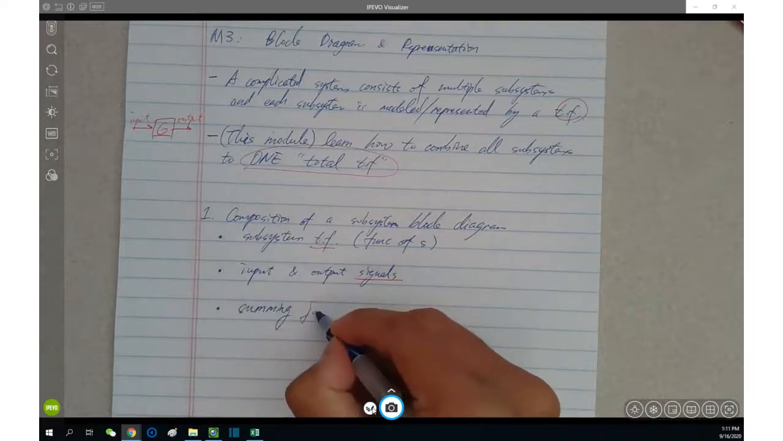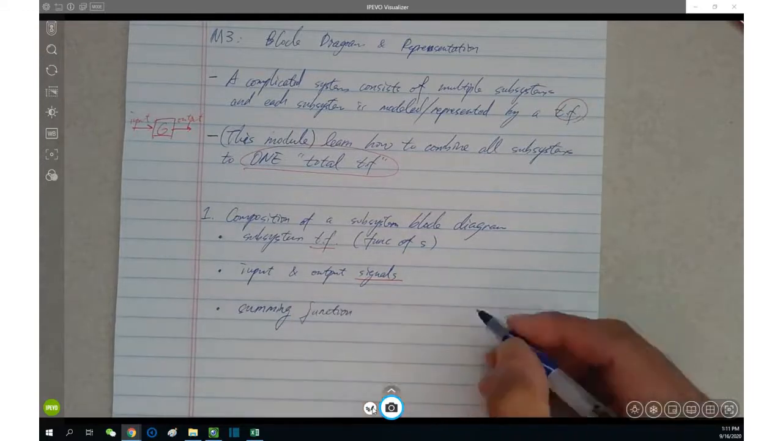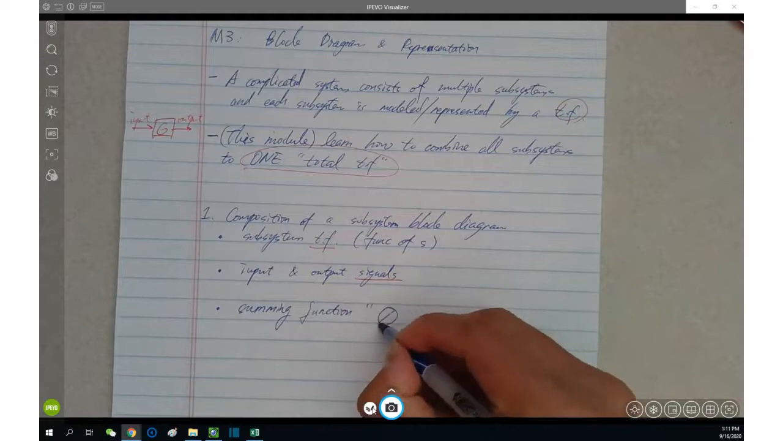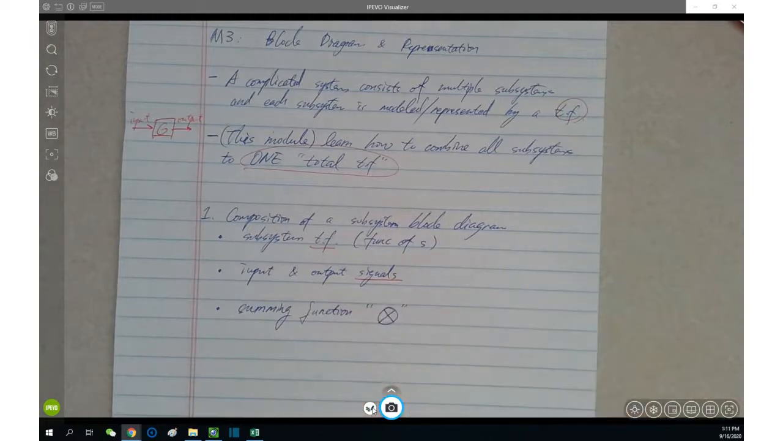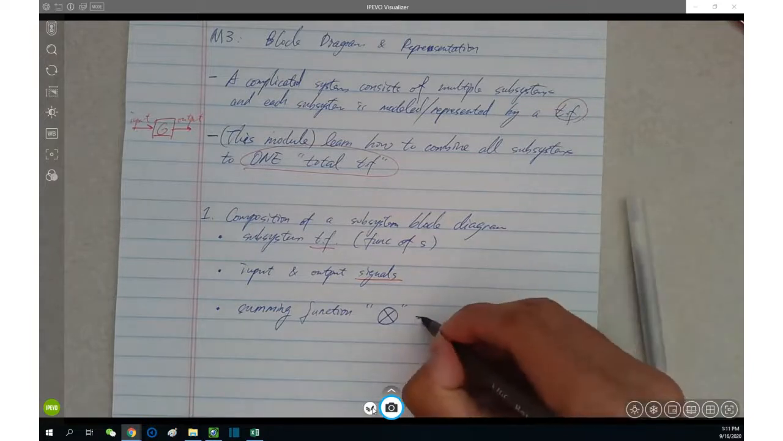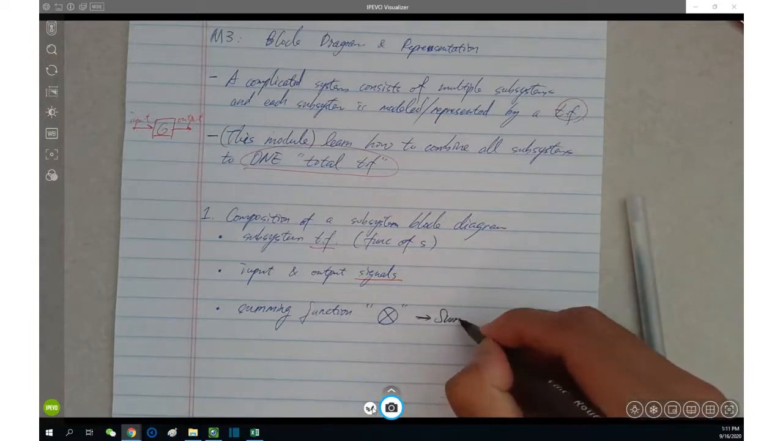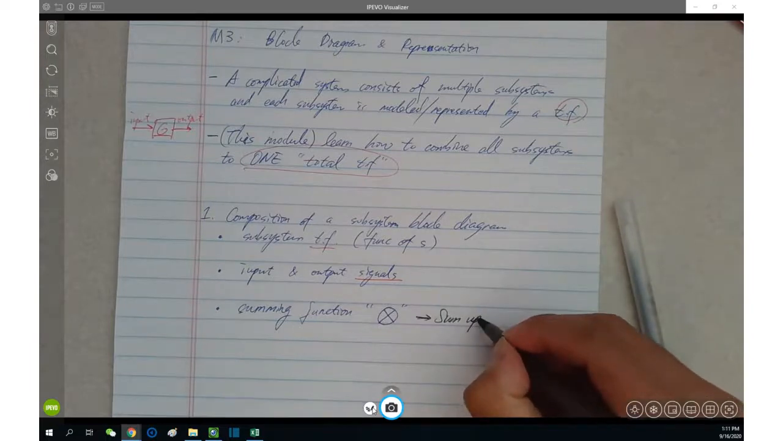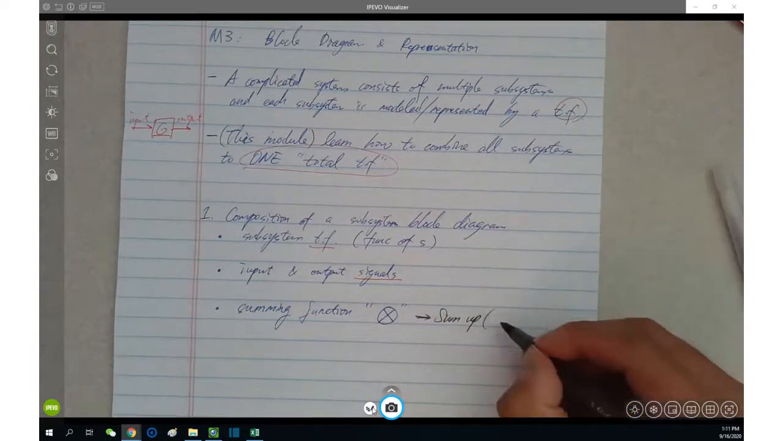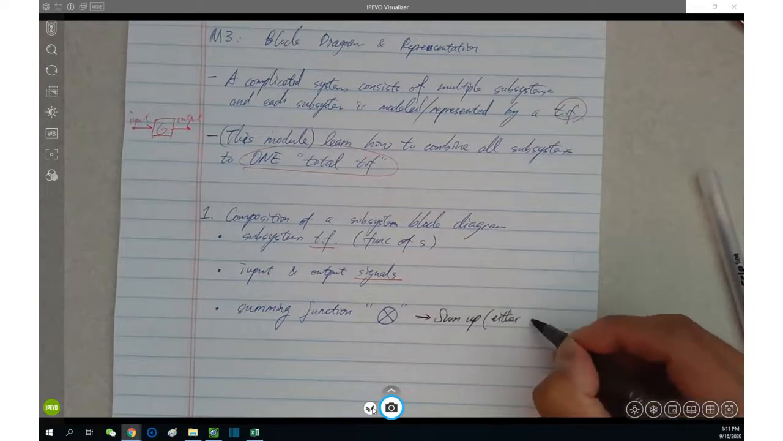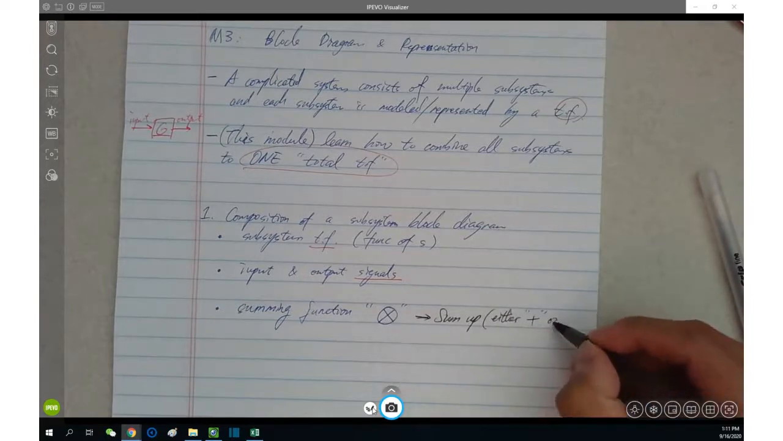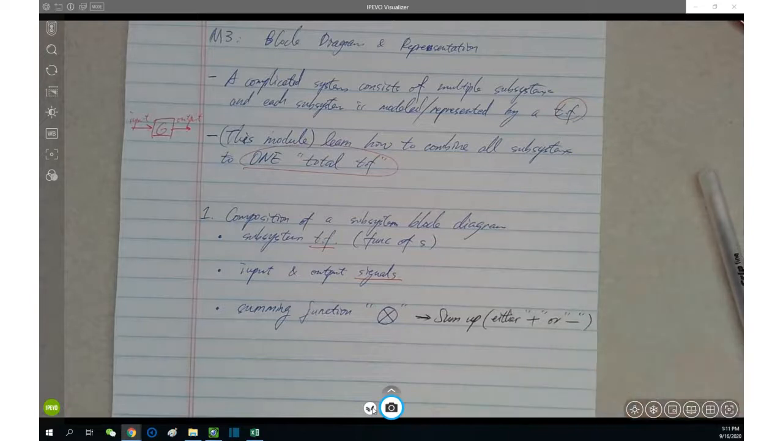Summing junction. What is it? It looks like this: a circle containing a cross inside. It's called a summing junction. What can a summing junction do? A summing junction is just a sum. Of course, here, be careful with either positively or negatively. That's absolutely possible. Maybe all of the inputs are doing subtraction. Summing them up,